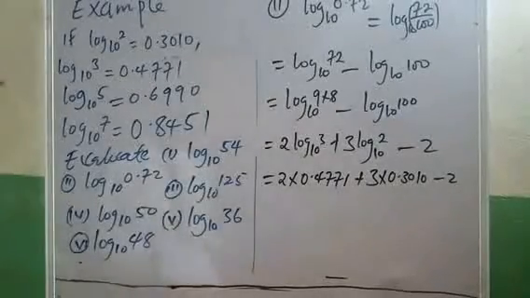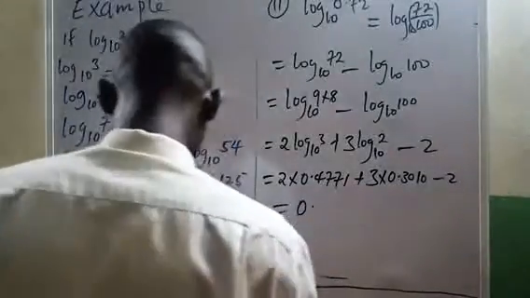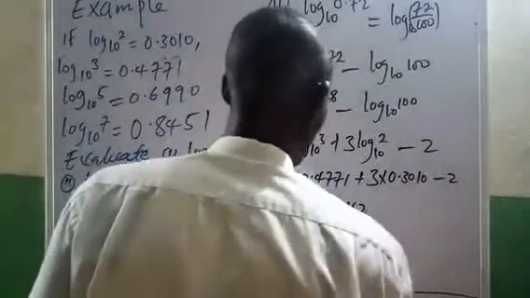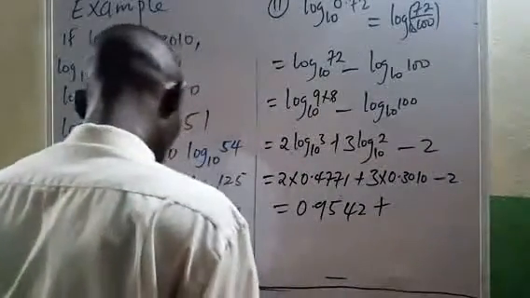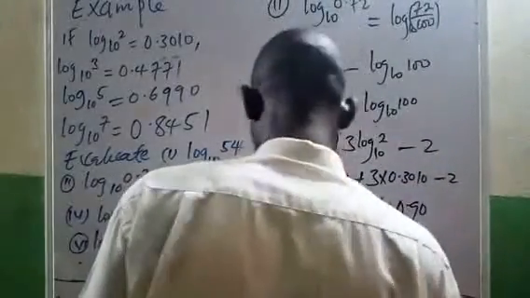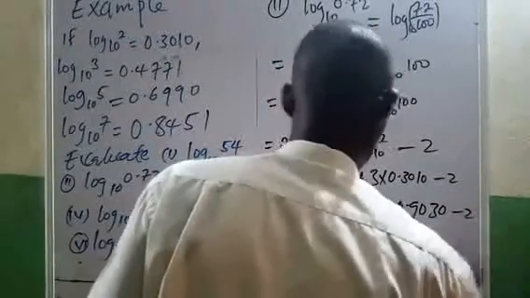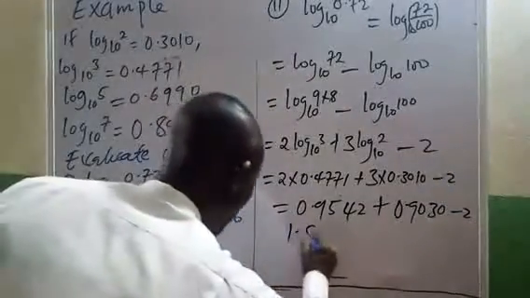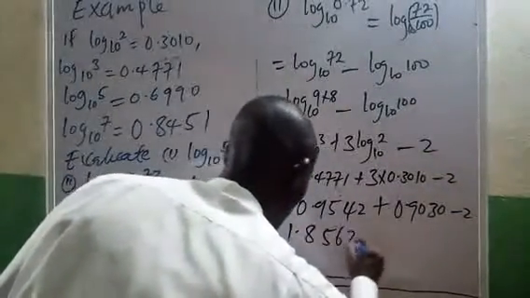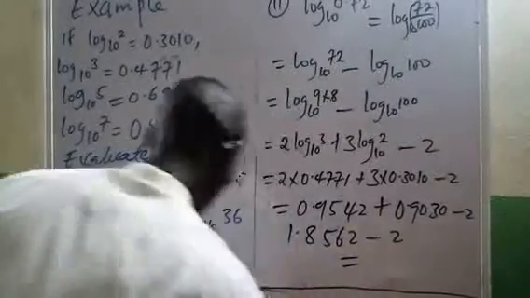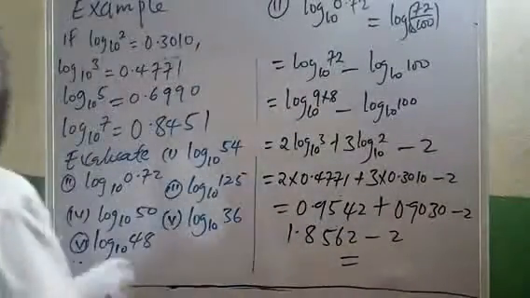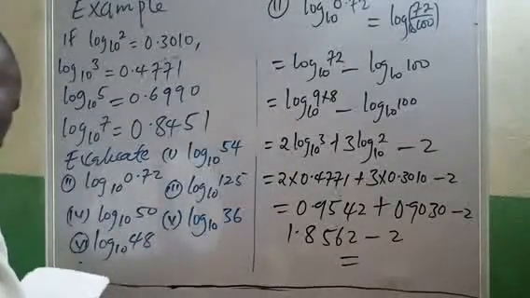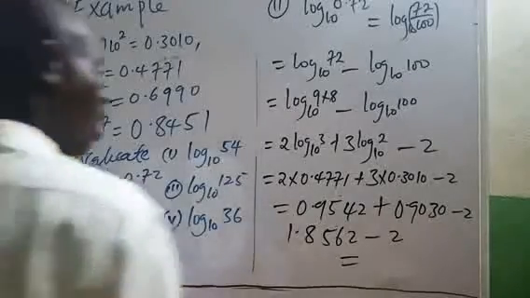So if you simplify that, this will be equal to 0.9542 plus 0.9030 minus 2. So our final answer, you have 1.8562 minus 2. And the final answer is in negative. Final answer is in negative. So when you subtract that, you have